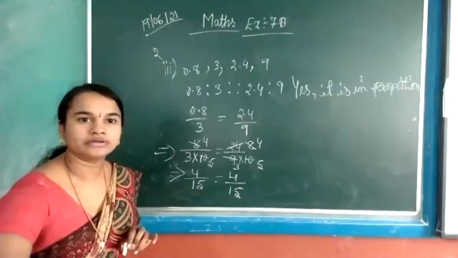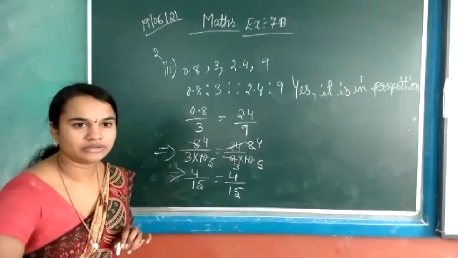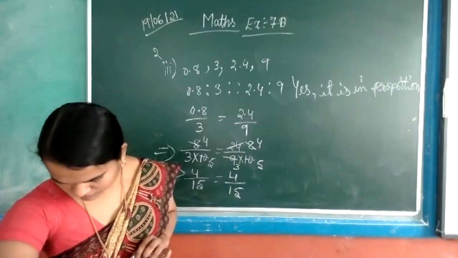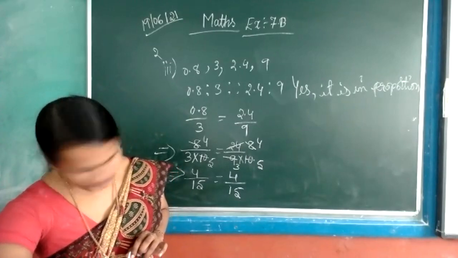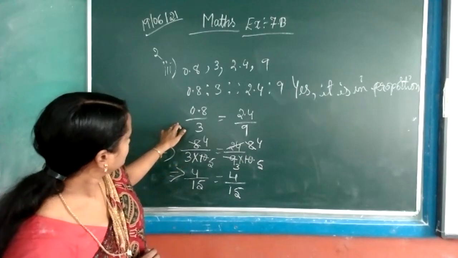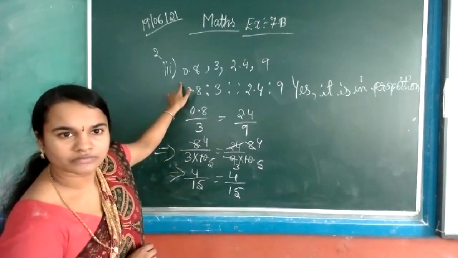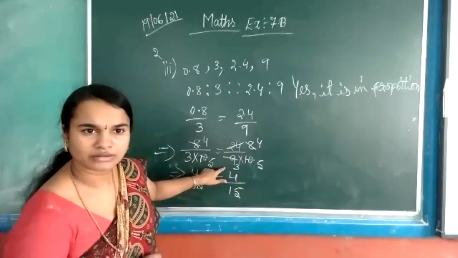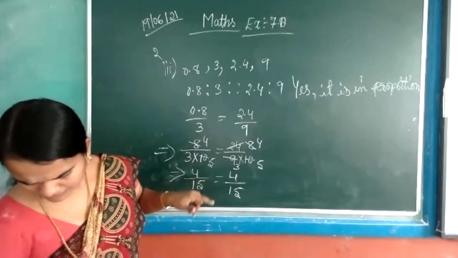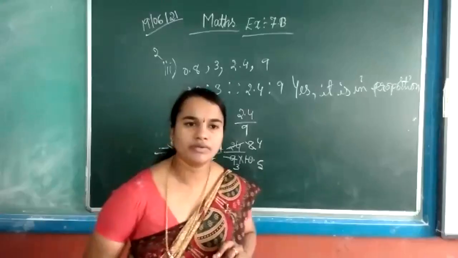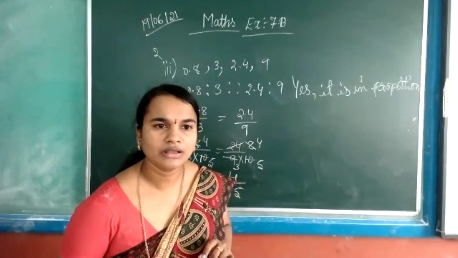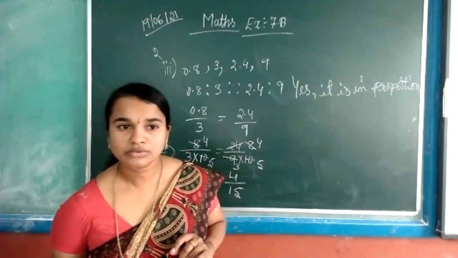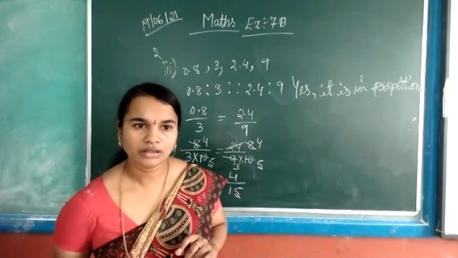Any doubt? No. Manya, doubt? Yes. Ma'am, the last question, the fraction one, you have multiplied 2 by 5 by 2, then reciprocal 2 by 5 you have multiplied. But when we are multiplying, you need to multiply 2 by 7 by. This question? No, it's in fraction, second one, you have left that. What's the problem there? Ma'am, here it is given 2 by 1 is to 5 by 2. You have multiplied 2 by 1 into 5 by 2. But we have to multiply it by 7 by 2.